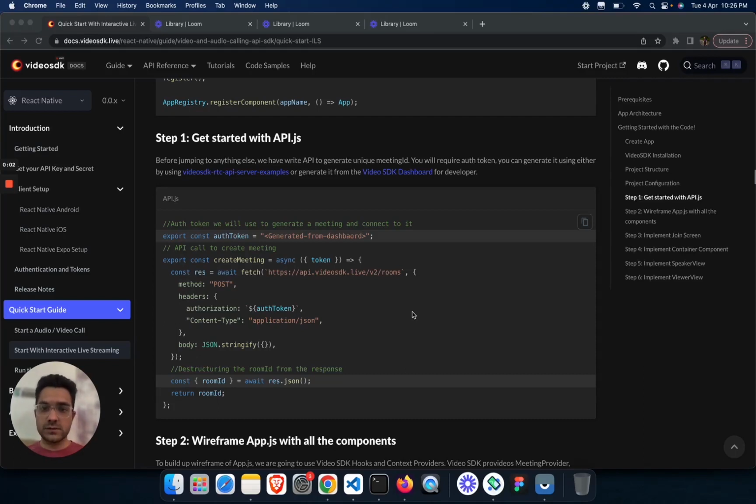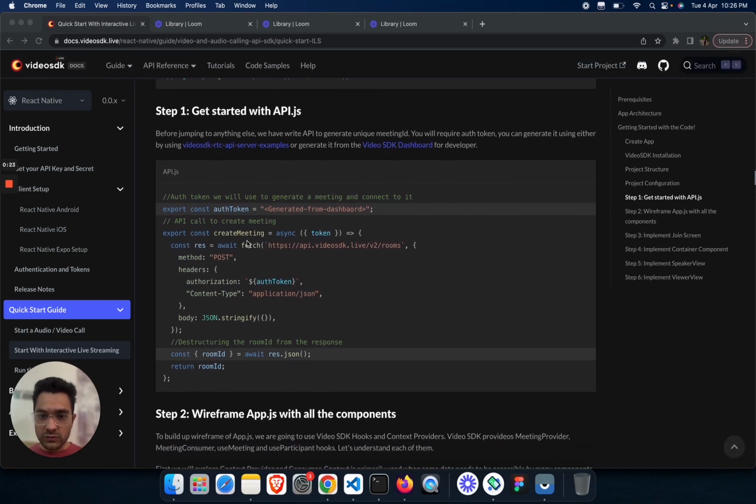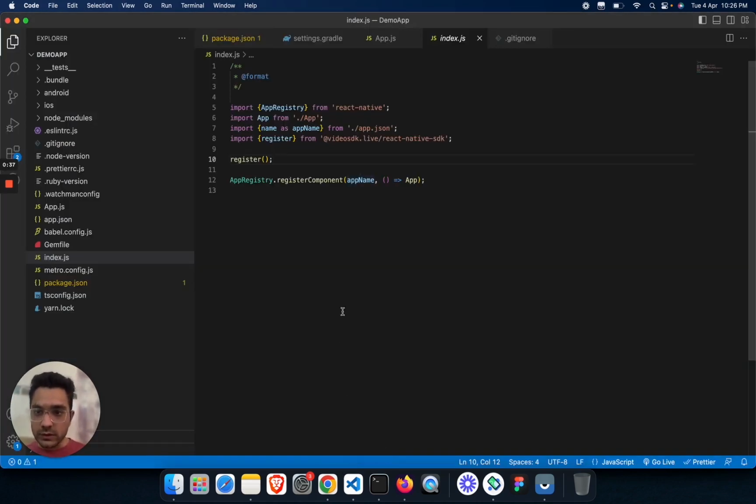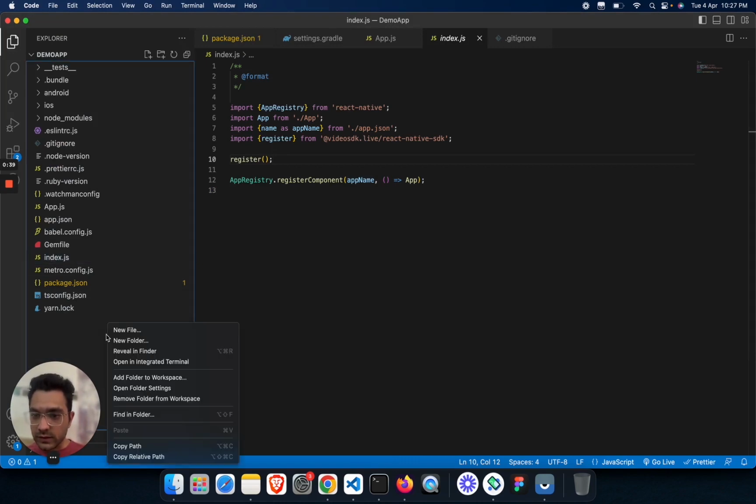The first step is to set up the api.js file. As you can see, the constant auth token is basically a JWT token, which will be used for the creation of the meeting ID, and it is also used to initialize the meeting. And as you can see, the create meeting function will return the room ID. This one is the API endpoint of Video SDK. So we will copy this code